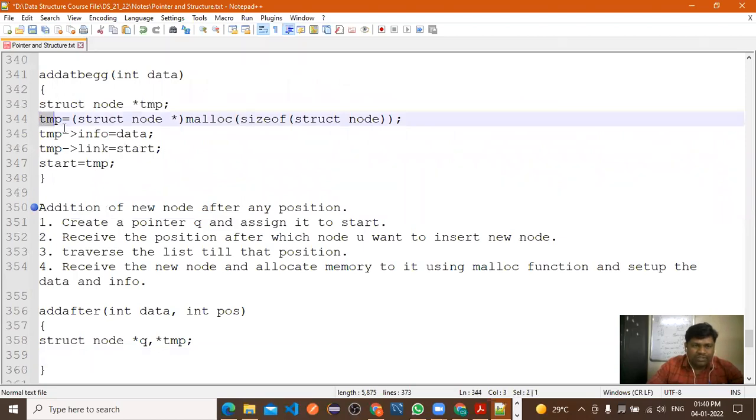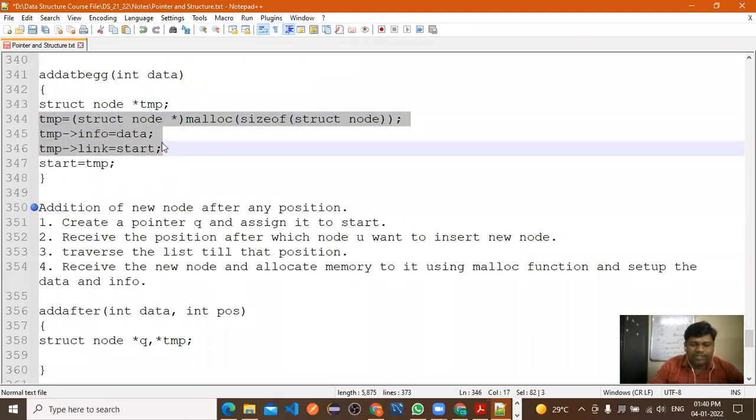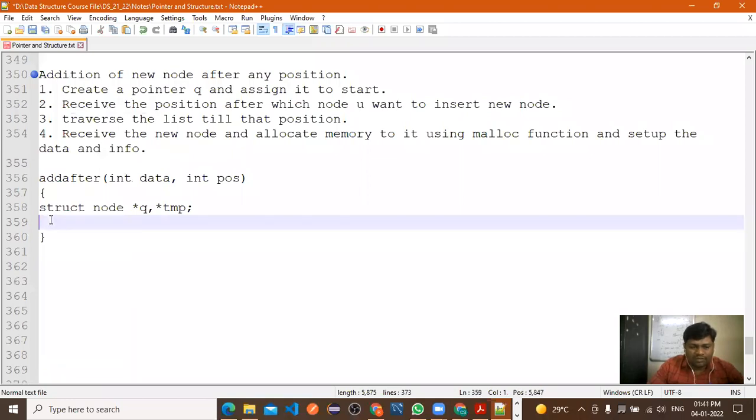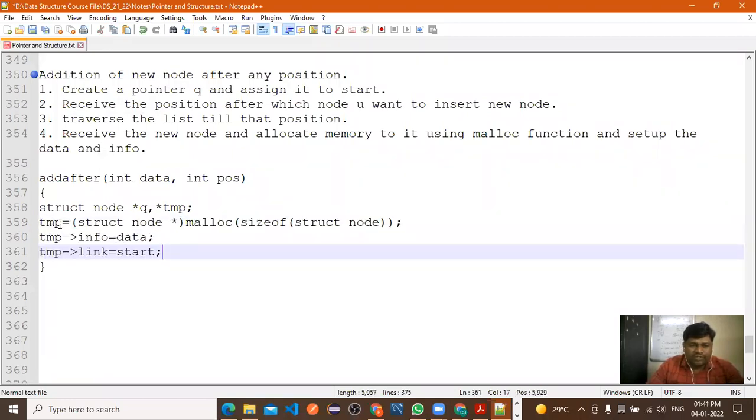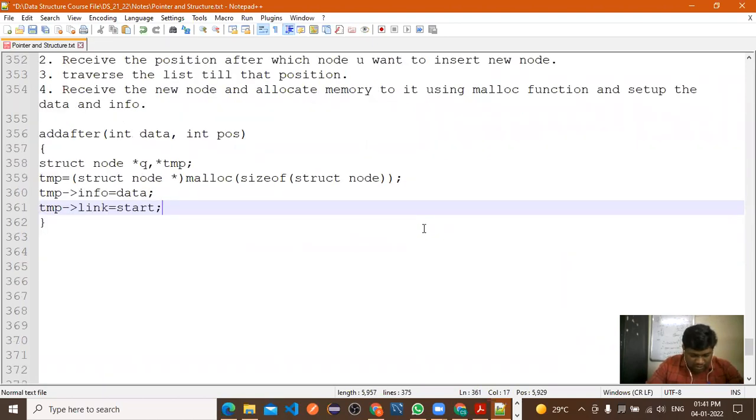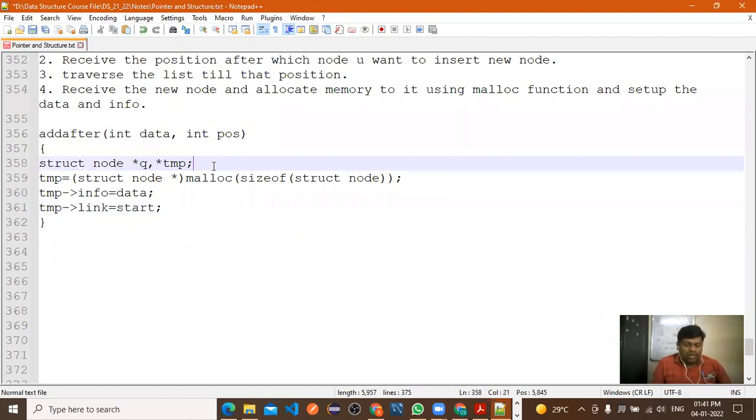Now, three statements copy as it is. Now first temp is equal to struct node malloc struct. So this one is used for what purpose? Creating node. Allocating memory. Allocate the memory, right?